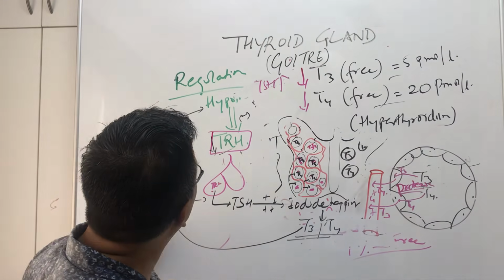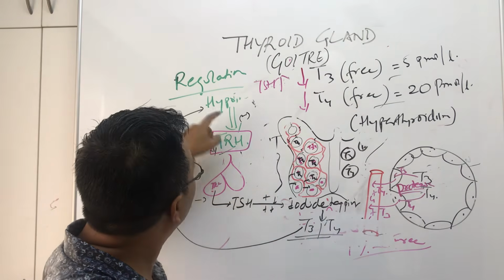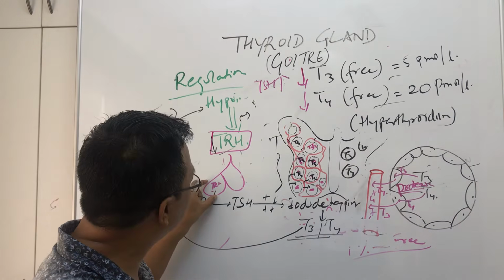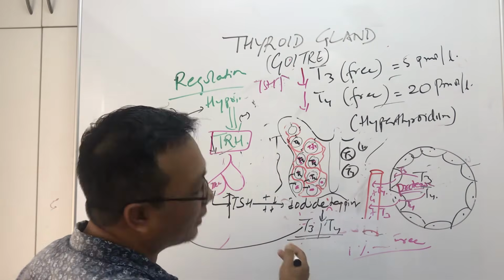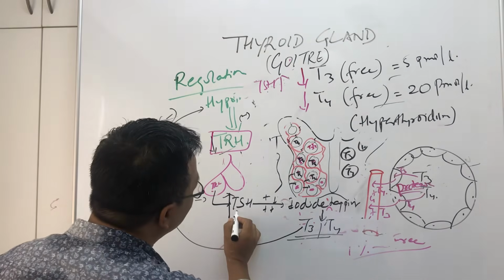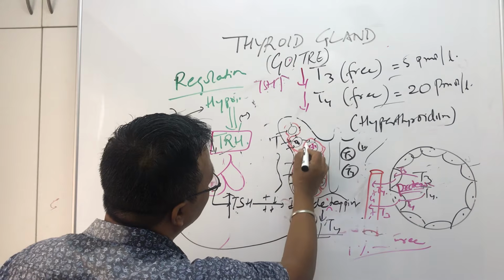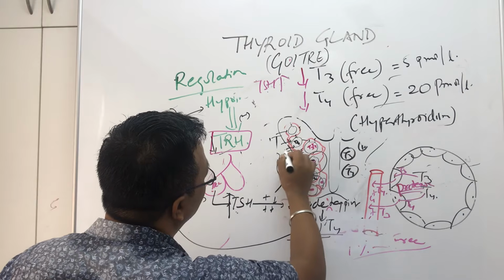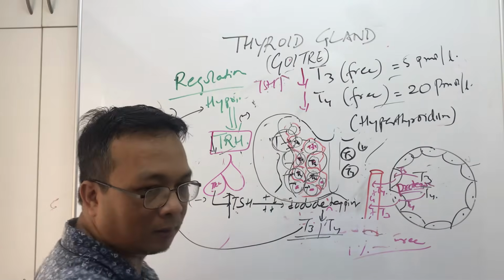Low T3 and T4 will stimulate the hypothalamus. It will send a signal to the hypothalamus: listen, we are low. So more TRH will come and put pressure on the anterior pituitary gland, which will release more TSH. But there is no iodine, so the thyroid gland cannot make the hormones, and the TSH level keeps going up. Now when TSH is going up, what will happen? It influences the follicles. As a result, these follicles become big in size, and the thyroid gland becomes big in size. What we call goiter.